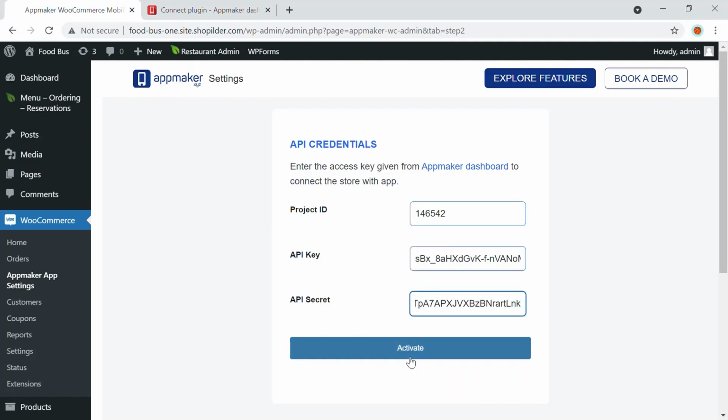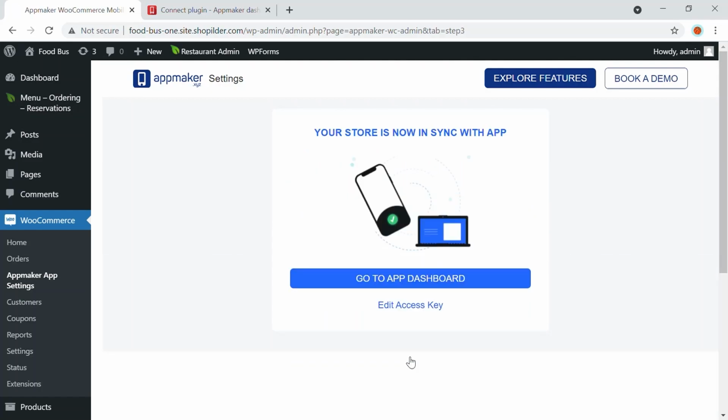Once the API credentials are given, you can click on activate. Congratulations, your app is now in sync with AppMaker. Now you just have to go to the AppMaker dashboard and edit and customize your app.